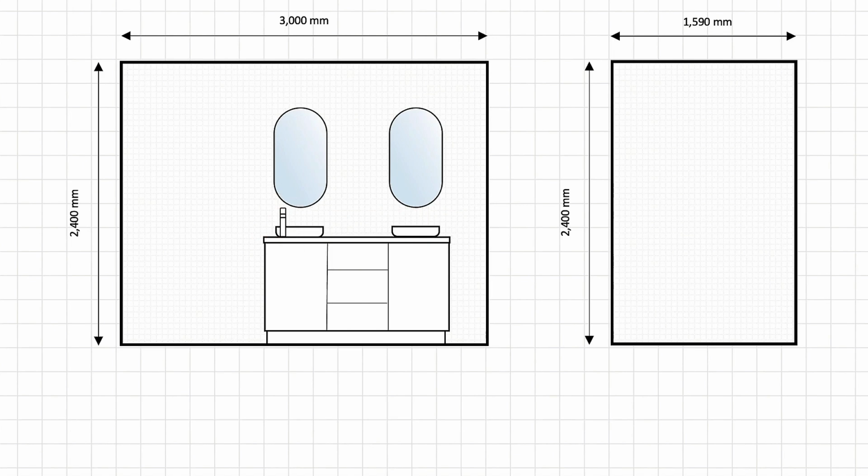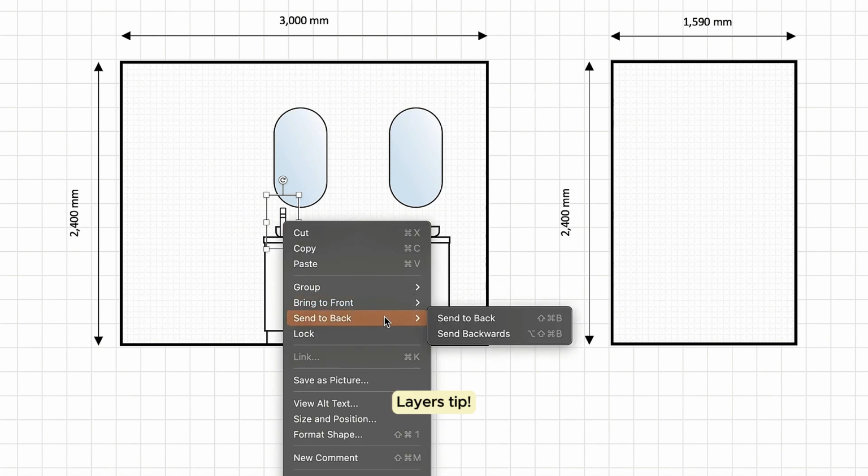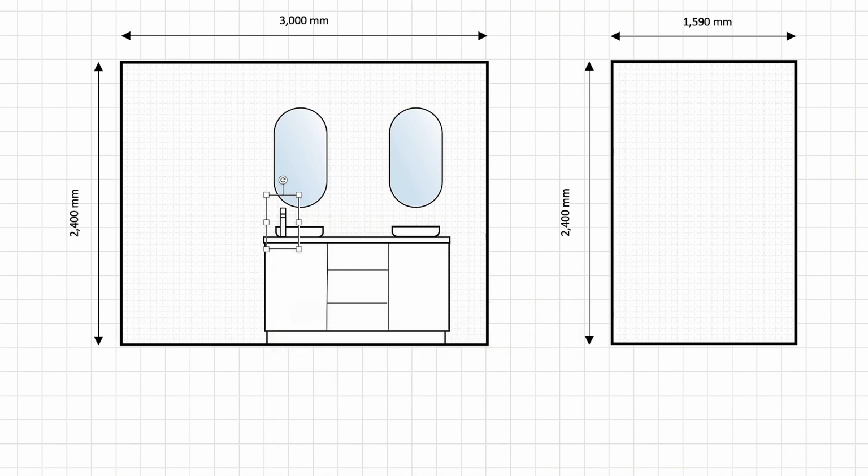Now in terms of layers, this is a really good example. See how it's sitting in the front? That's not how we want it to look. The mixer's not going to sit in front of the bowl. So if I click on the tap, it's only going to give me the options to bring to front or bring to back, or I can spend a lot of time filtering through all those layers and the section panes